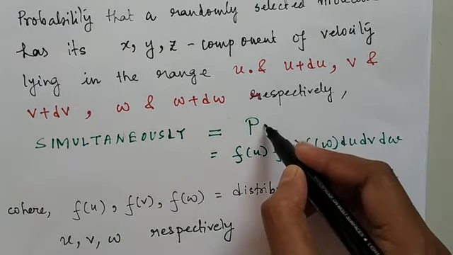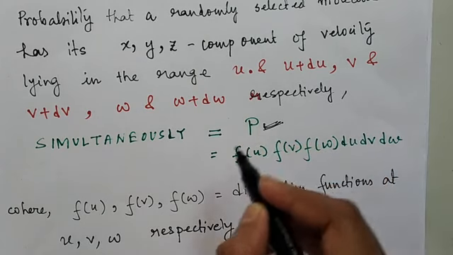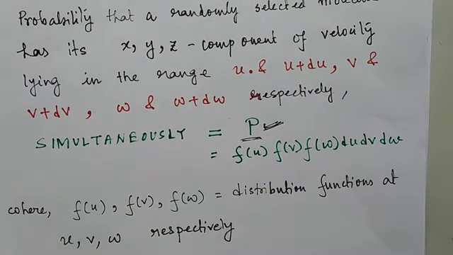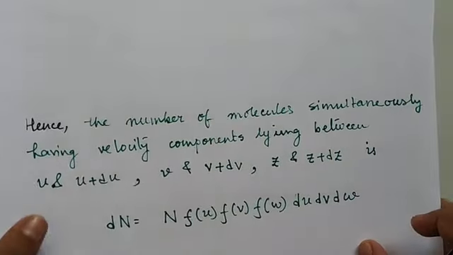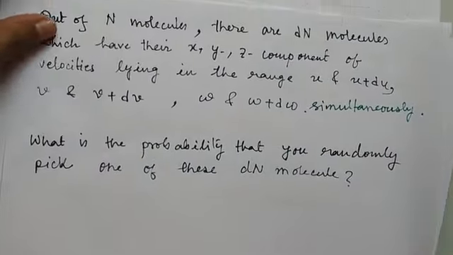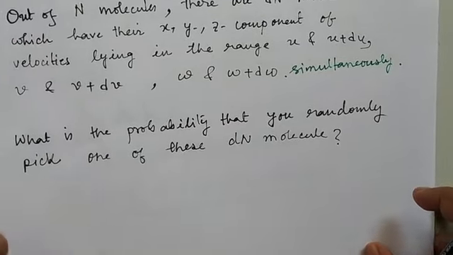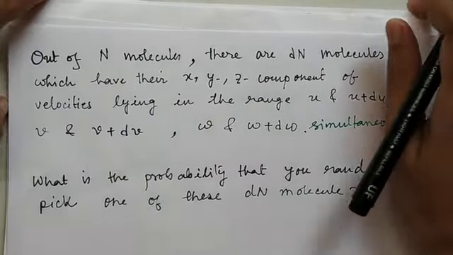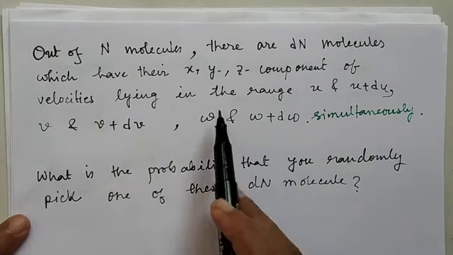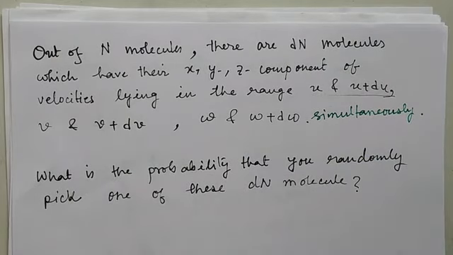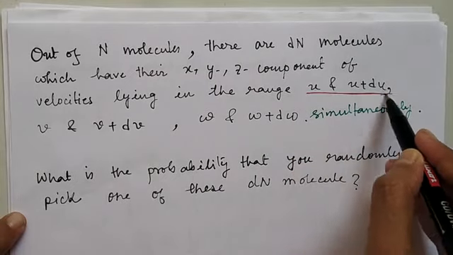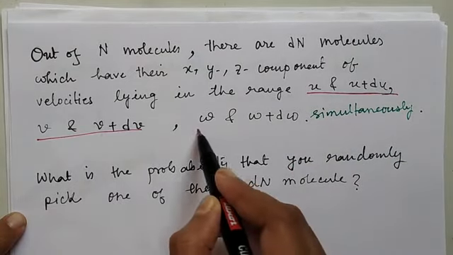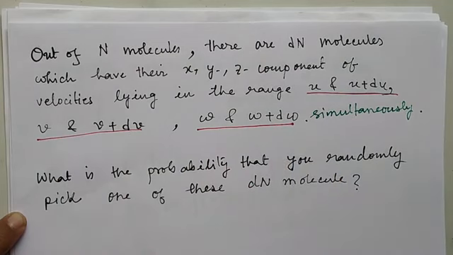Now we will find the value of this probability in a different way. Suppose out of n molecules there are dn molecules which have their velocity components lying in this said range. Okay, so out of n molecules there are dn molecules which have their velocity components lying in this said range